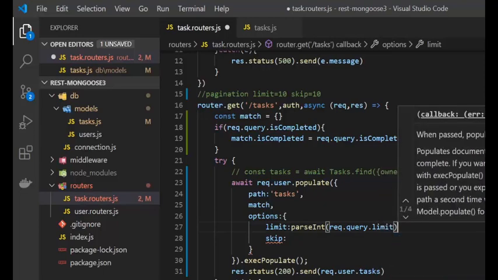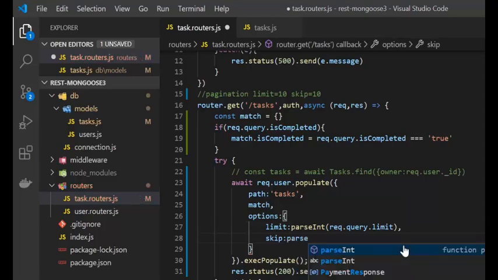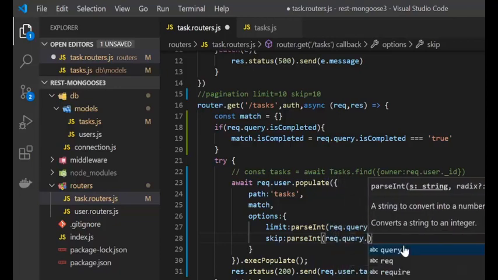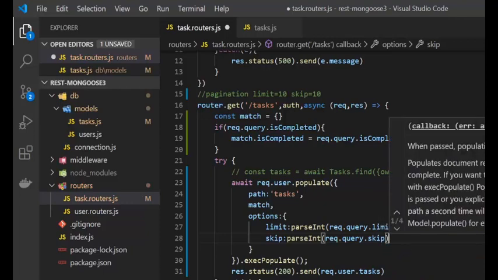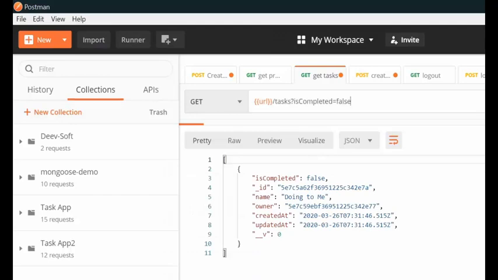We are just going to use request.query.limit, and in here we are going to use parseInt, parseInt request.query.skip. Now if we save it, and in here